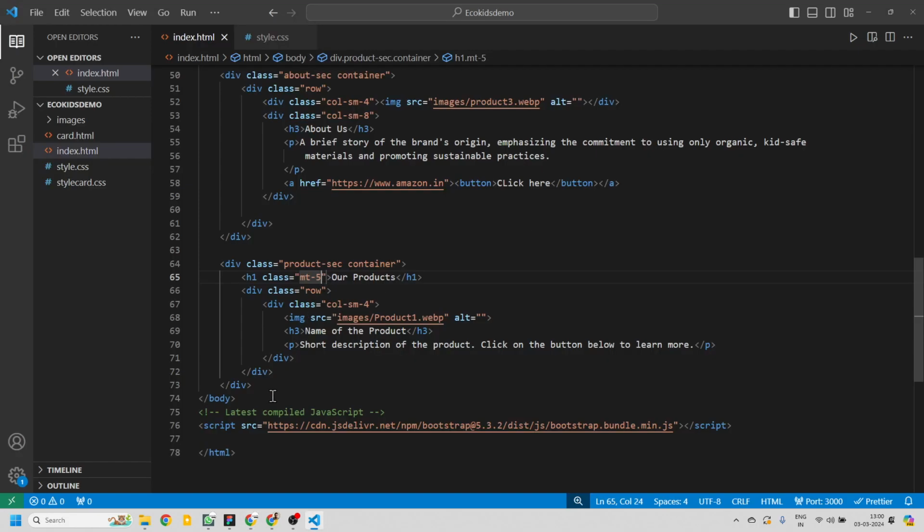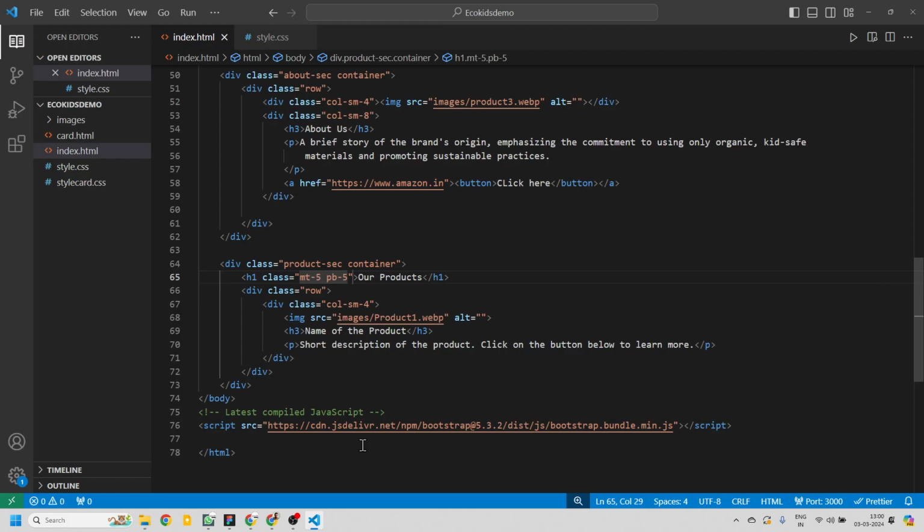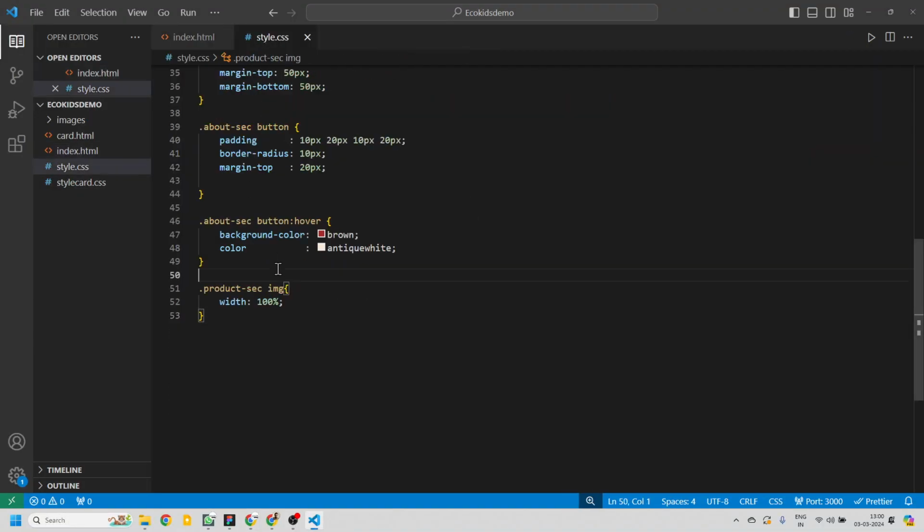And let's say I want to add some padding also, that can also be done by adding another Bootstrap class here. So let's say I want to add some padding to the bottom, so pb-5 adds a padding of 50 pixels at the bottom. You can explore all these things on your own also. I'm just going to not use Bootstrap classes here, but rather use custom classes of my own. And I'll push the product section down by going to CSS, typing in product sec,